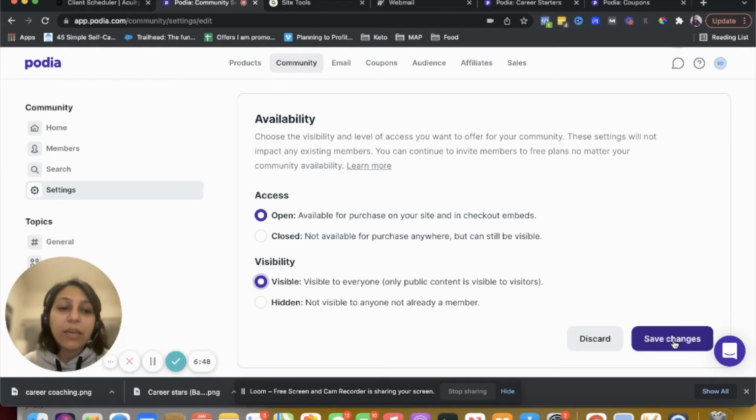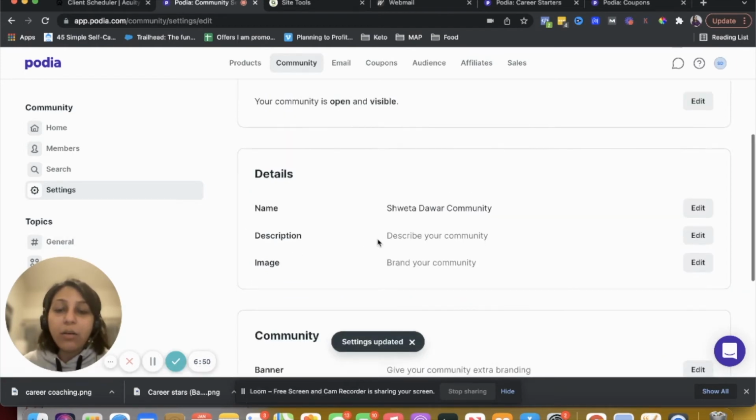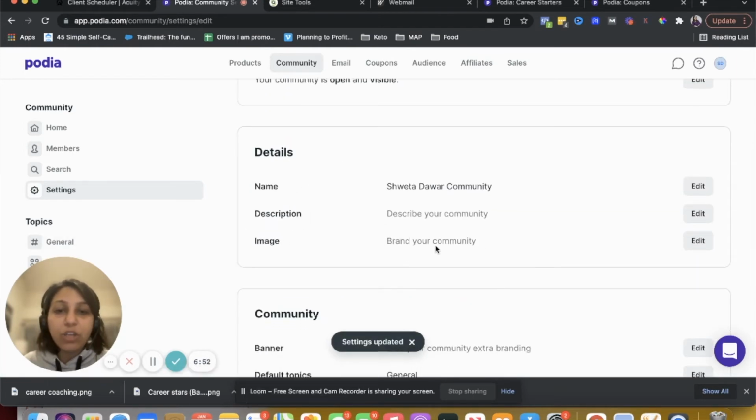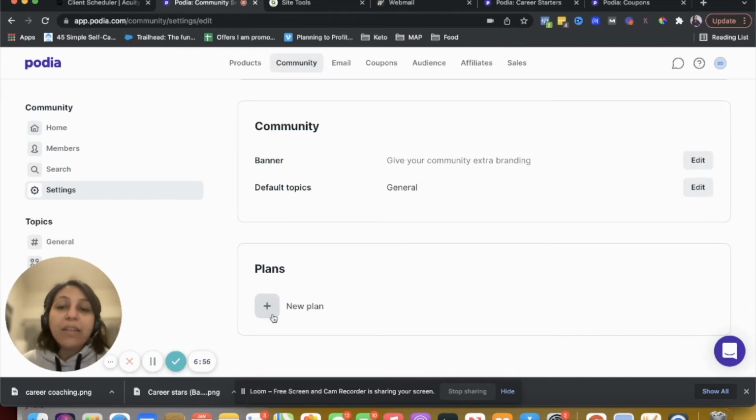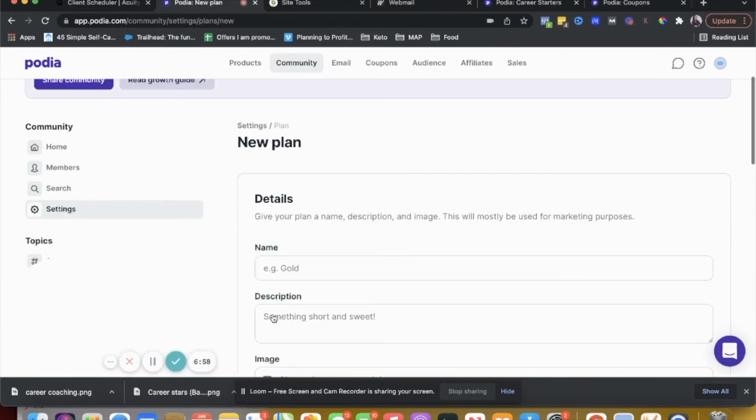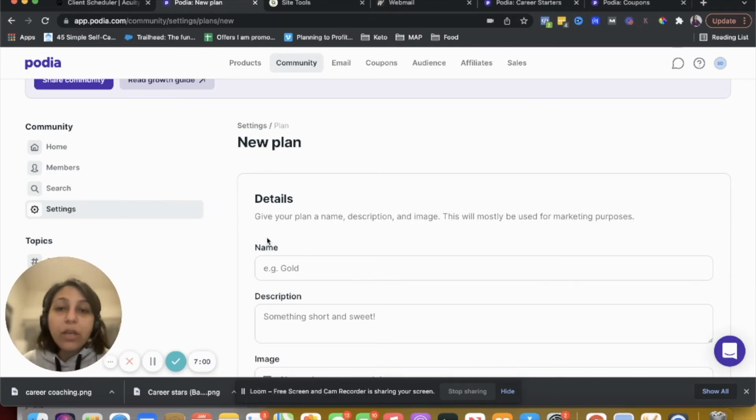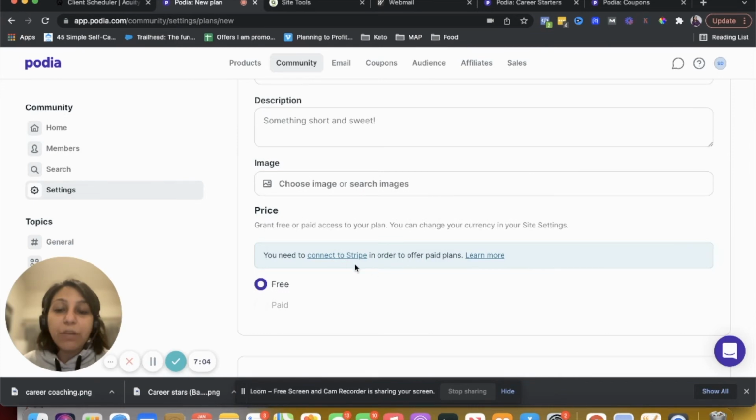So these are the settings. And then you can change the name, the description, you can add an image, you can add a banner. So plans is basically, you are going to add a name, description, image here. So your plan is the community inside of that community we just created, which could be free